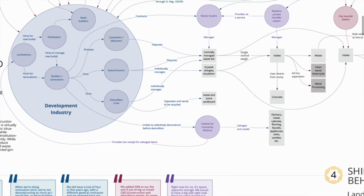Our tour continues with the examination of the development and waste management industries. Here we find that circular building design and operation is minimally executed in the region. Deconstruction and source separation, important to increase upcycling or reuse, is virtually non-existent in small-scale residential projects, but occurs in a few larger ones. When materials are salvaged at the residential level, it's an ad hoc process to limit waste